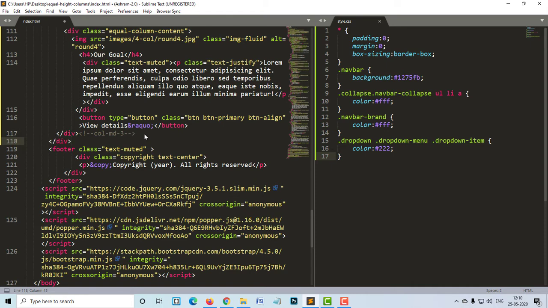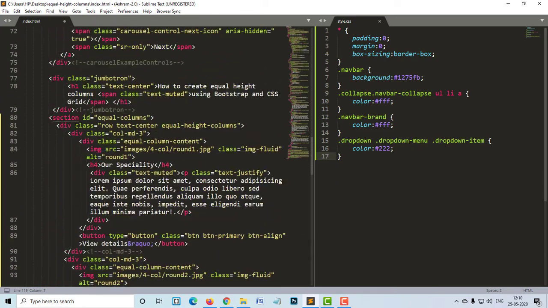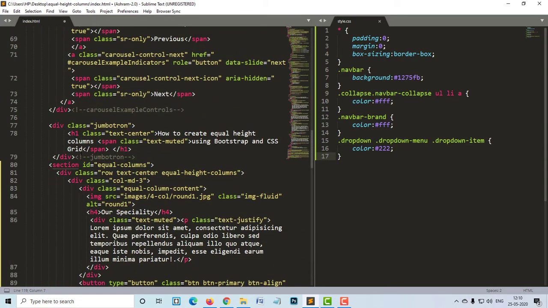So here I'll close the section. Okay. Now that I've opened the section, next, the class that was row and equal height column earlier, I'll change this to only columns.